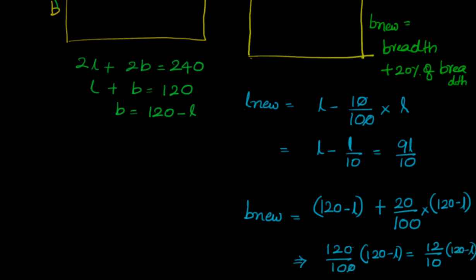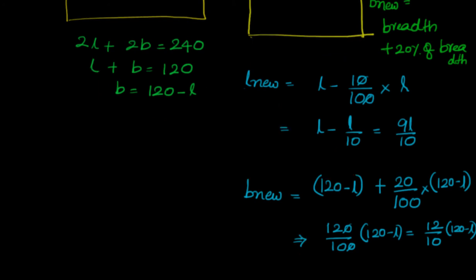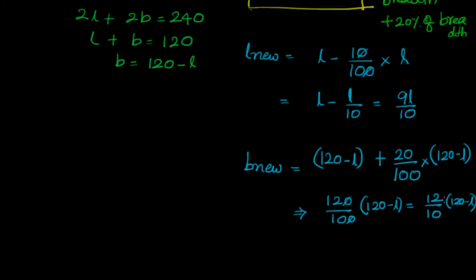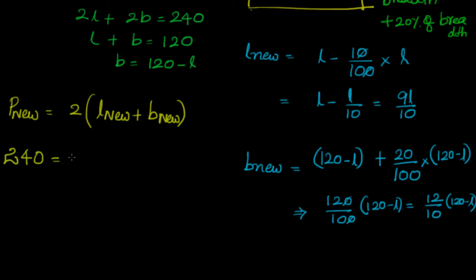I'll just keep it as 12 by 10 without simplification because I'll have denominator as 10. Okay. So now we got L new and B new. We can go ahead and equate this to perimeter. Now what's the value for perimeter? Perimeter new is equal to 2 into L new plus B new. But we know perimeter new is nothing but equal to the old one, that's equal to 240, and